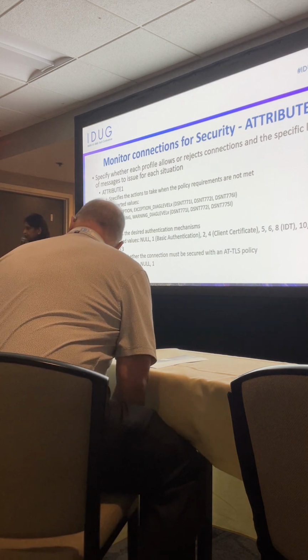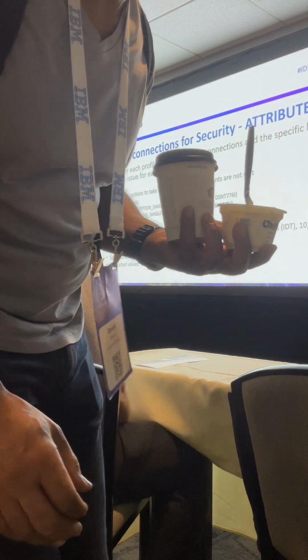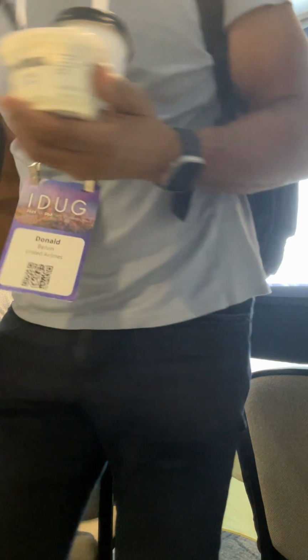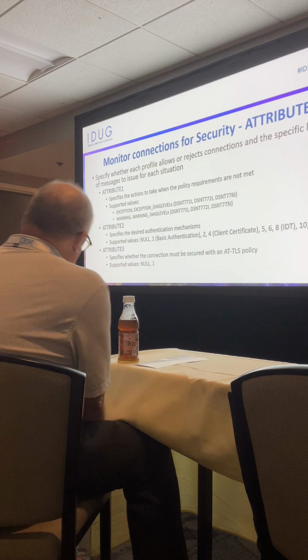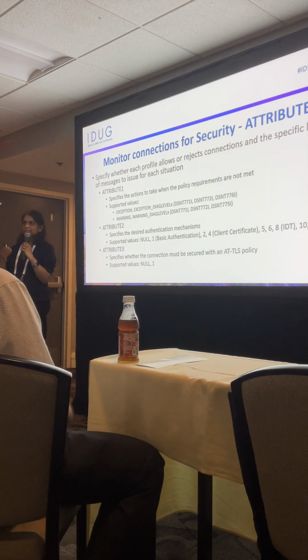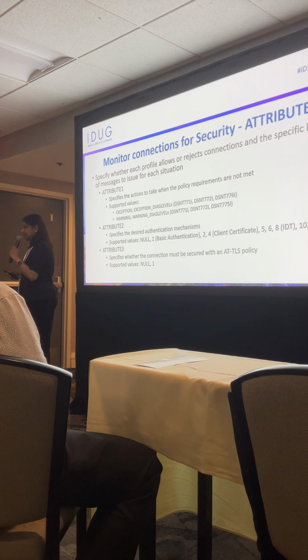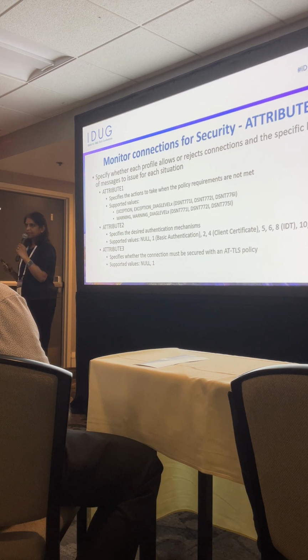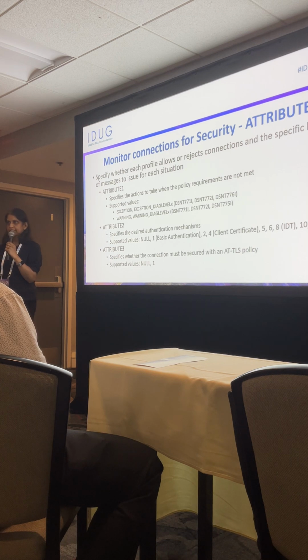And then attribute 2 is where you can specify the desired authentication mechanisms. For example, if it's 1, that means it's basic authentication. 2 is basic authentication with MFA. So it's different combinations. And 4 is client certificate. I believe 5 is client certificate with MFA. So it kind of gives you different options where you can specify the desired authentication mechanisms that you want the